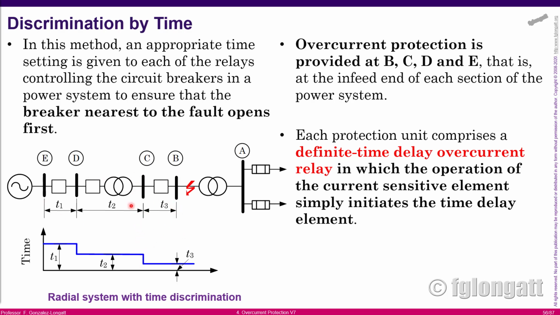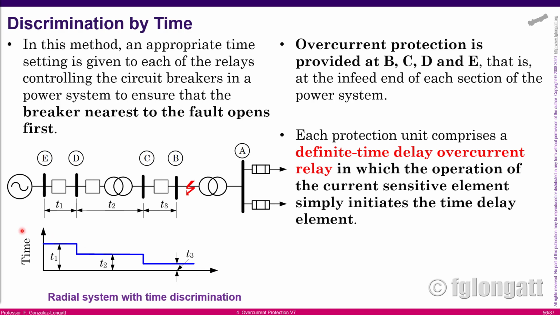Then there is operating time T2, and T2 will be bigger than T3, and that is the operating time of the circuit breaker near bus bar D. And finally, we define an operating time, the longest one, for the circuit breaker between E and F, okay? Something that you must realize is that the fault is located near B, but when you are moving nearer to the source,